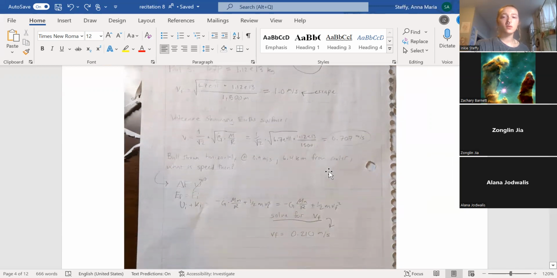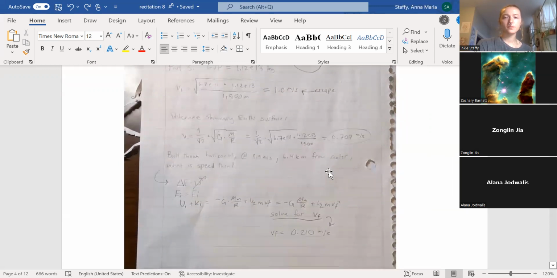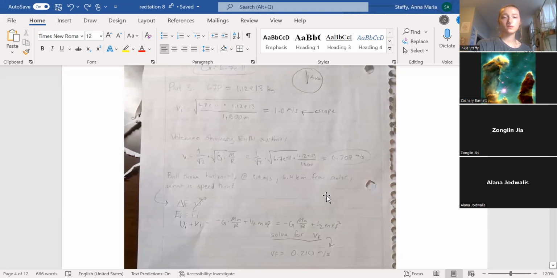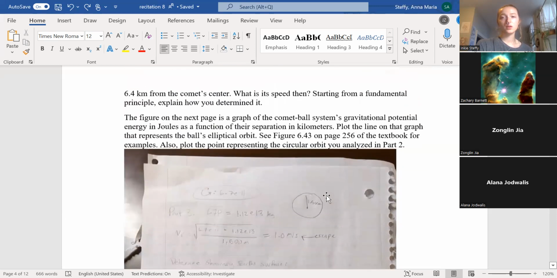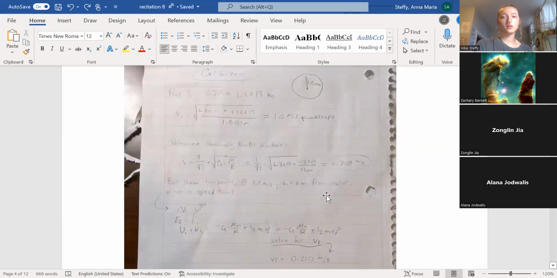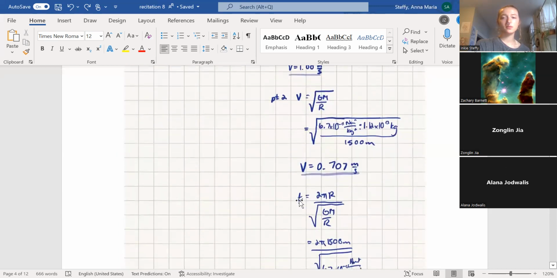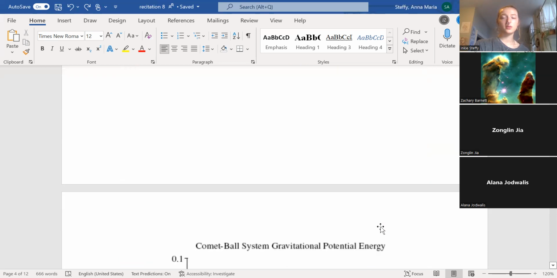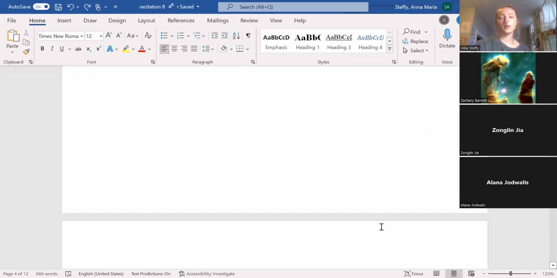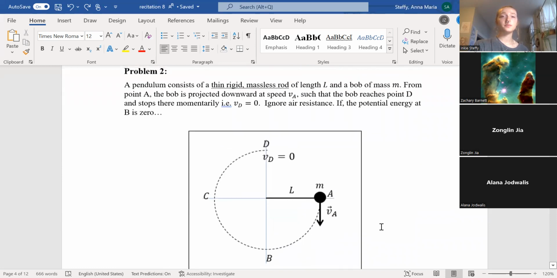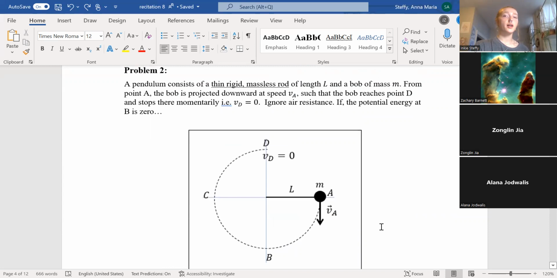Let's see. I found this one pretty hard. Yeah, it looks really similar. So problem 2: A pendulum consists of a thin, rigid, massless rod of length L and a bob of